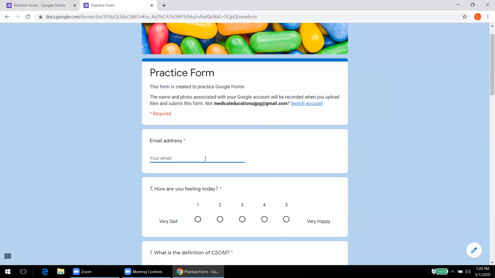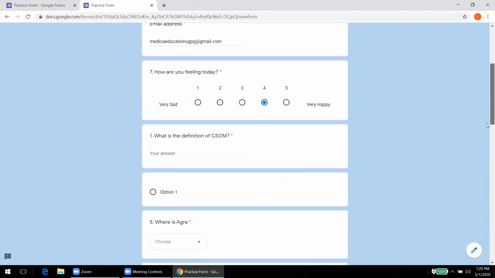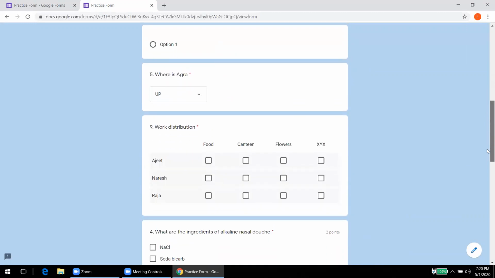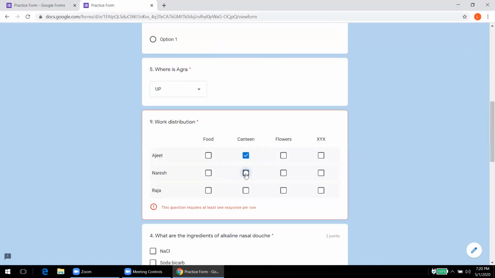So here email will be required. I should keep it happy, very happy rather. Then definition, we can write anything. Similarly, where is Agra? This was a dropdown type of question, so I can write it as in UP. So here I am writing the correct answer. Then here again I can